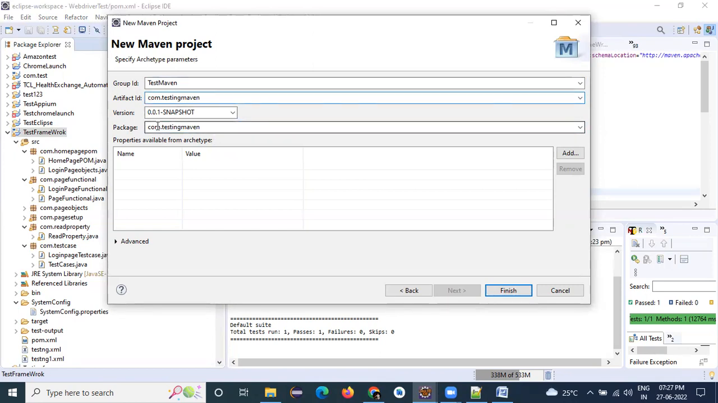For example, if you are working for your company, it is com dot your company name, then you can give the project name exactly. If you are working for Nokia, you can write com dot Nokia dot then your project name. People will write like that exactly. Then if you click on finish,